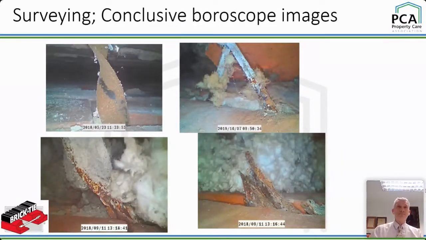Well, just to let you know, I've just pushed the poll out to everyone. The question is, have you ever encountered wall-tie corrosion in post-war property? Hopefully it's just popped up on your screen. I'm going to give it about 10 seconds just to allow everyone to respond. I know there's sometimes a little bit of a lag. Results are fairly interesting coming through at the moment, Brian. I'm not going to say what the results are just yet. I'll give it another couple of seconds. So 5, 4, 3, 2, 1. And I'm just ending the poll there.